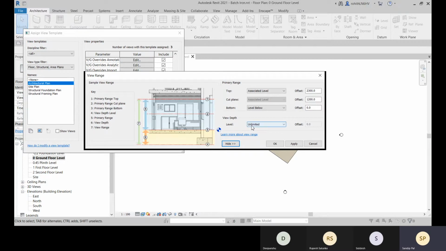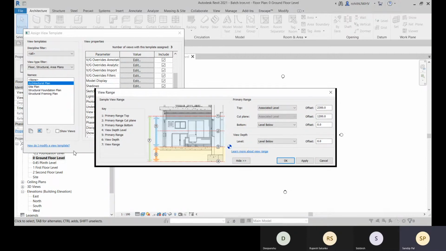Those will not be as bold as you will see for the primary range objects, but those will be visible in faded color. So you can provide that the view depth will be up to level below. Level below means the below level from this current floor plan.